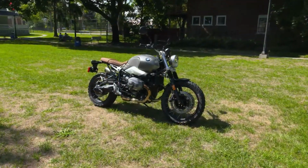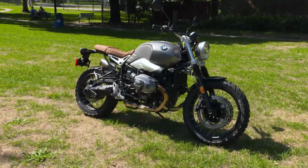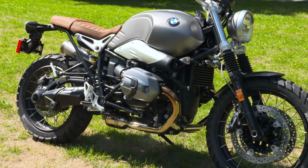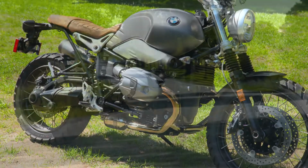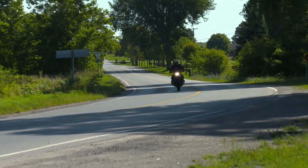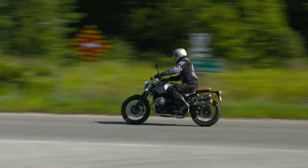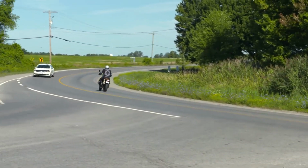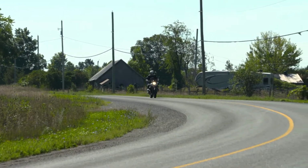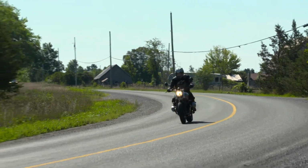Yeah. So let's talk about the horizontally opposed classic BMW Boxer engine. But this one's a little different. We're so used to them making them smoother and smoother and smoother. This one, actually, they've put a little bit of roughness back into it. Yeah, I don't know if they did that on purpose. I think it's likely just as basic as this motor can be, so that's probably what BMWs were like 50 years ago. Yeah, well, the old R9, right? Yeah. But plenty of power, lots, especially for this motorcycle. Oh, yeah,